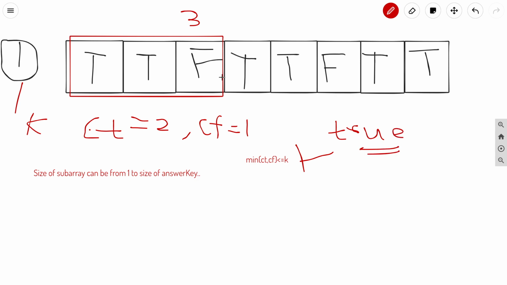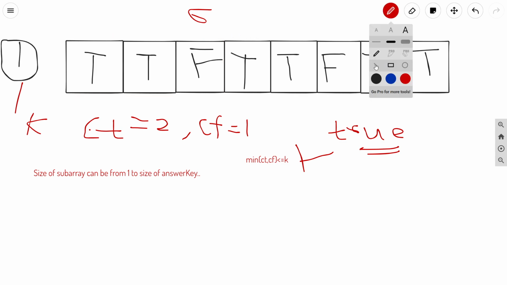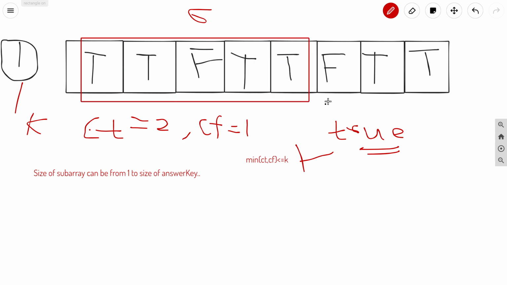Otherwise, let us say the size is 6. For size 6, what will our window be? The window will be this.